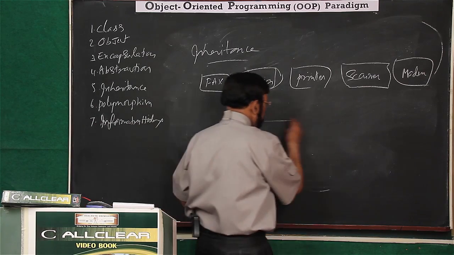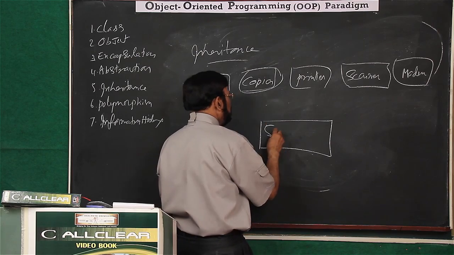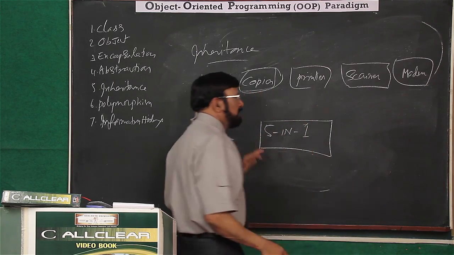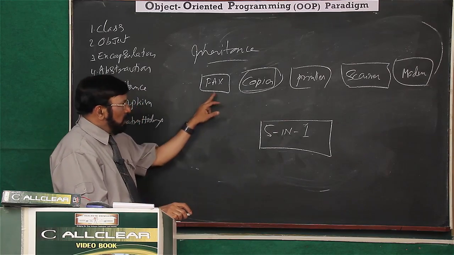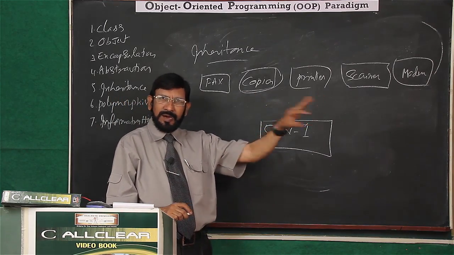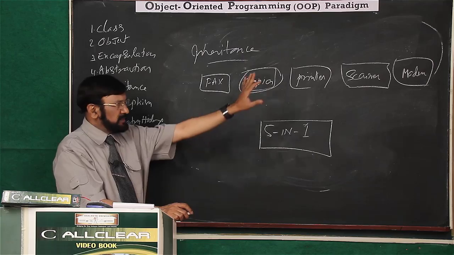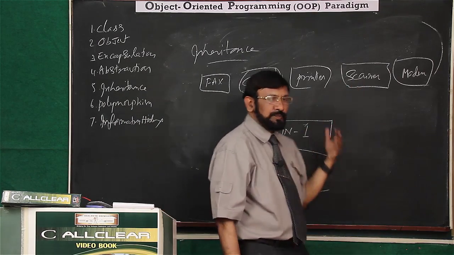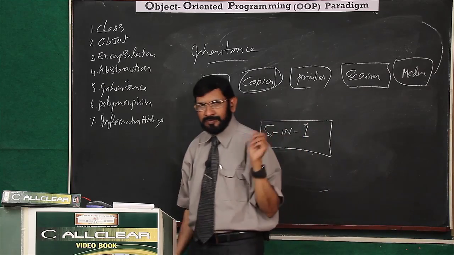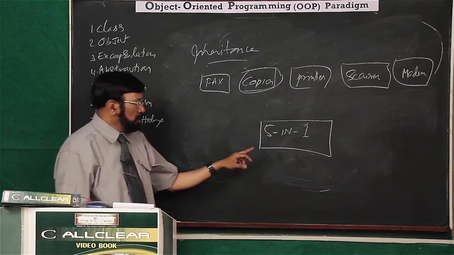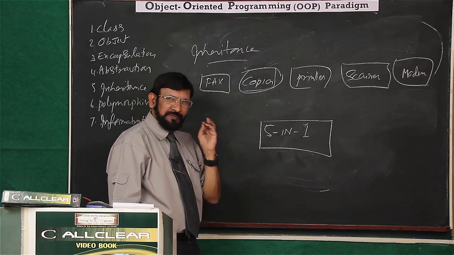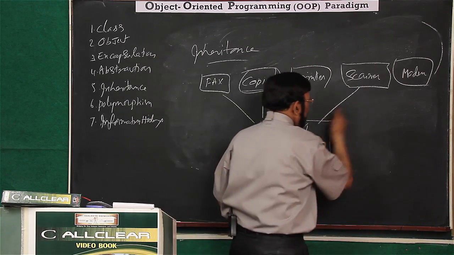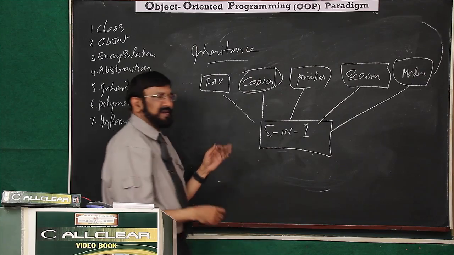Why can't I develop 5 in 1? Then all these are available. Already these were developed and available. But the average person has to spend 50,000 rupees to purchase all of them. So you are able to give this machine for only 15,000. Then it is an idea. Through inheritance you can achieve it.